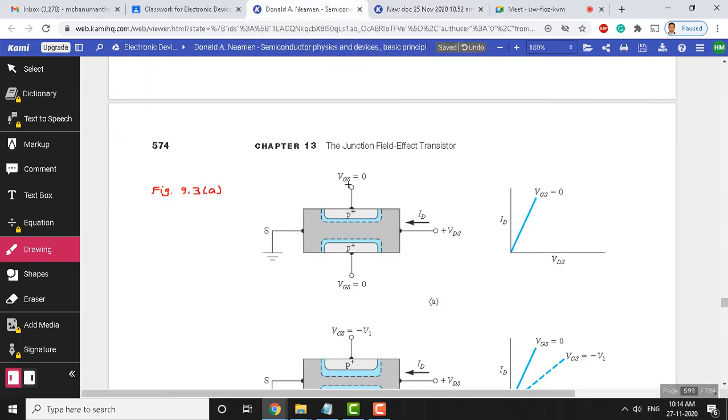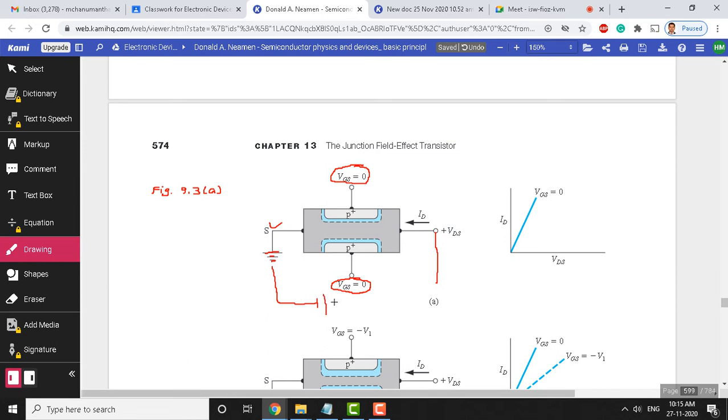You can see here the VGS is 0 volts applied between the gate and source. The source is grounded. You can see it is straight away connected to the ground terminal, and the gate voltage is now 0. With reference to this, we are applying the voltage with the source. So, though we say 0 here, it is with reference to the source only. The gate source voltage is 0, the source is tied to ground, and there is a positive drain source voltage. Between this terminal and this, we are applying some positive drain source voltage.